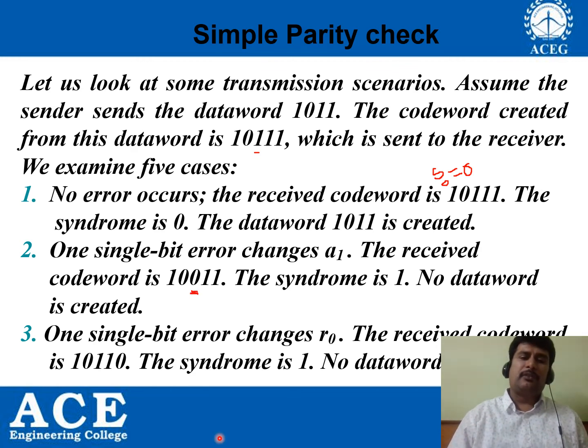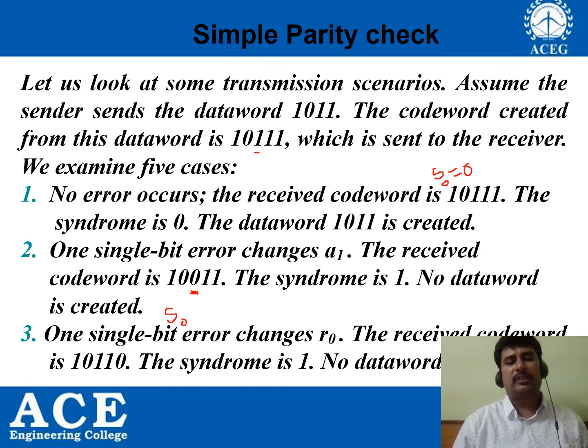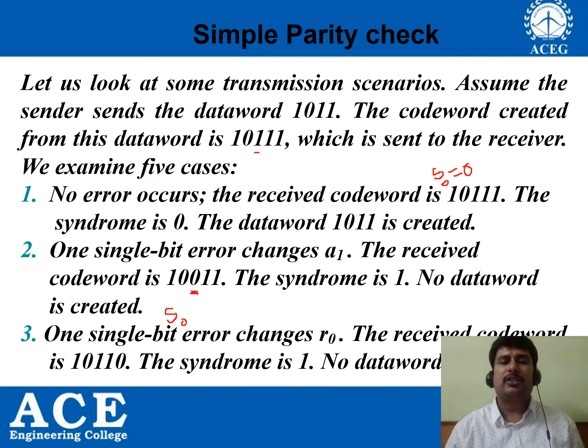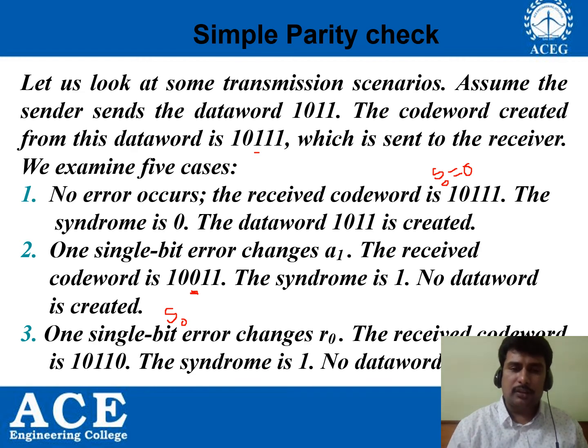So when you are having one bit of change, try to find out the syndrome value for the received code word. Now remember, what is syndrome? Exclusive OR of all the individual bits in the received code word. One exclusive OR 0 is 1, one exclusive OR 0 is 1, one exclusive OR 1 is 0,